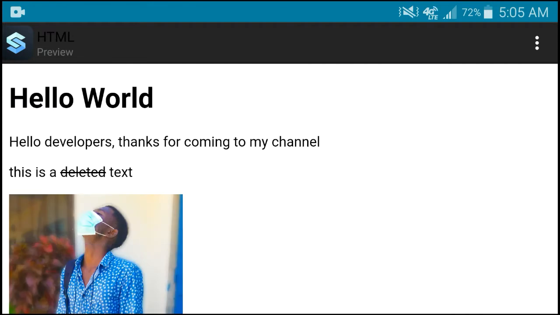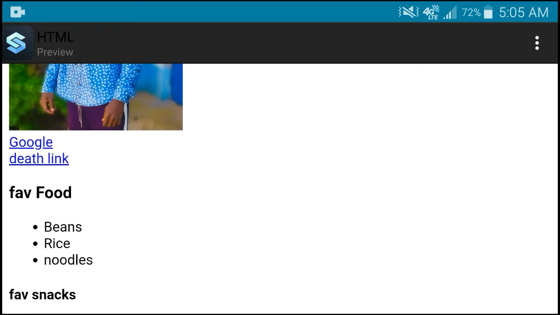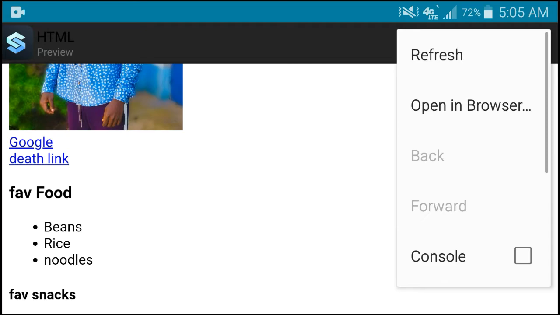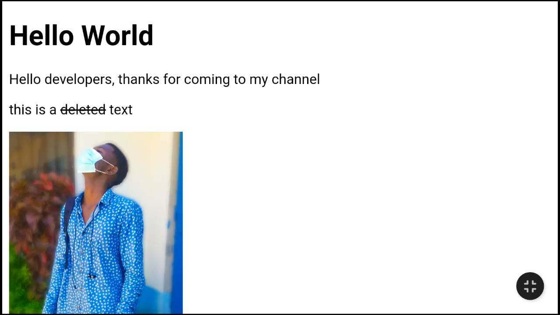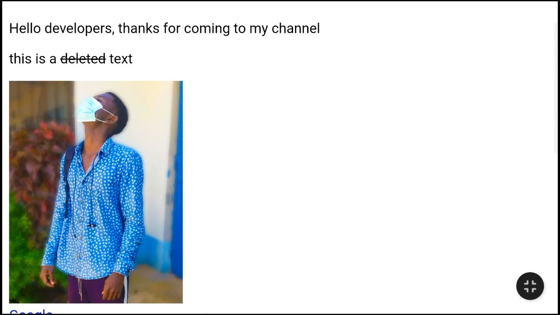As you can see, we have the heading, the paragraph, and the delete. We have the picture, and we have two links. One link will lead us to Google, and the other one, okay, let me use a browser to view it. I'm using Opera Mini, but you can use any if you have one, right? Now it's loading. Aha, this is it. Now we have a heading, we have a paragraph, and then this is a paragraph, right? And then we have some delete text. That's deleted text. You see the strikethrough,